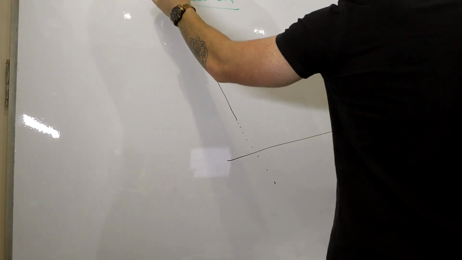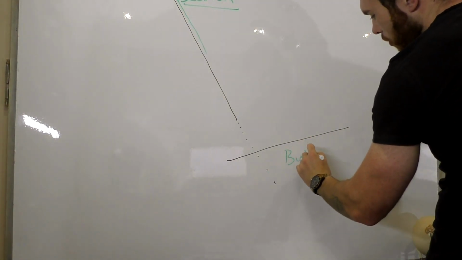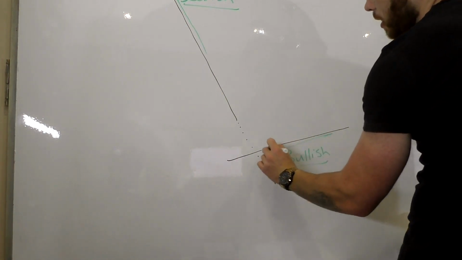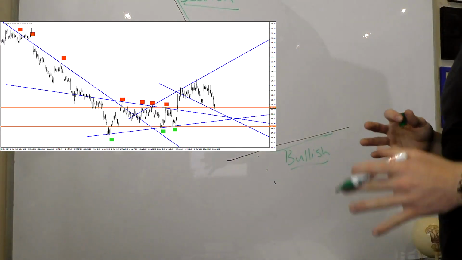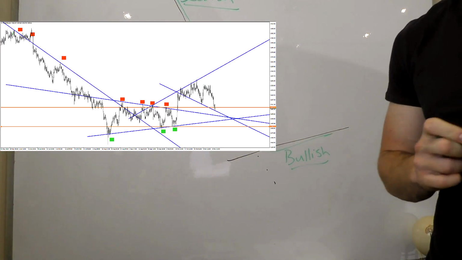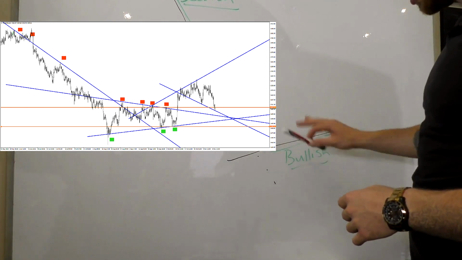So if we call this the bearish, right over here, you can see this line is the bearish, and now this has turned into the bullish. That's important for us to identify that this is the bearish and that's the bullish. That is an important part of the chart, which I'll make sure to throw up a screenshot of right now. So you can see that also on top of that, even though we've got this bullish move right here,